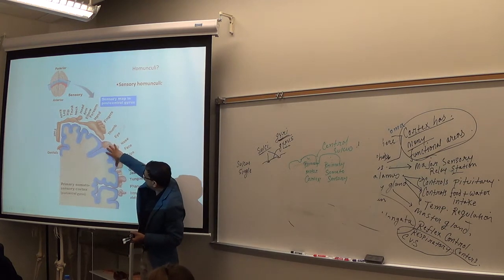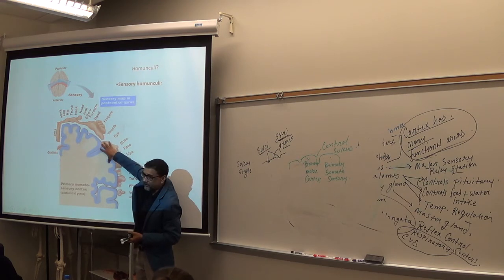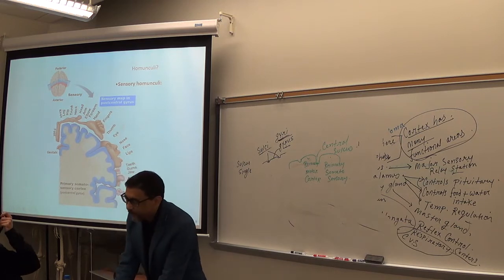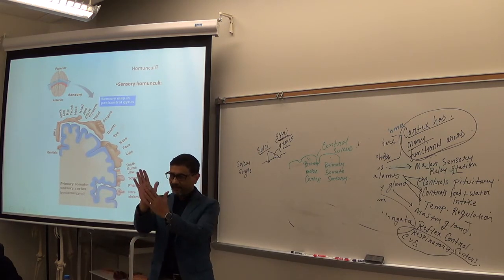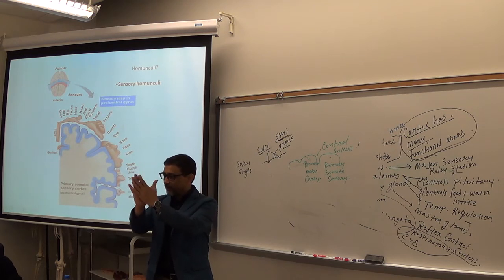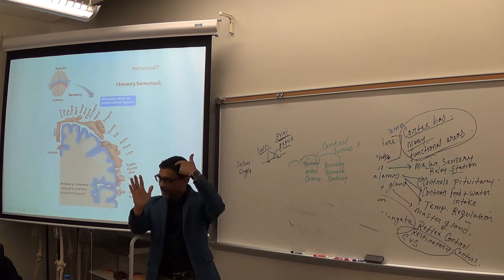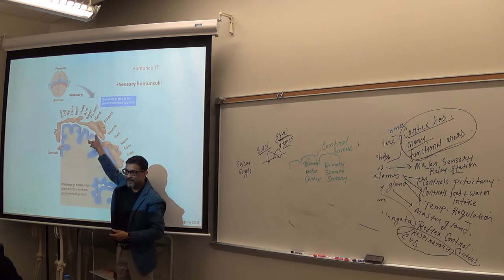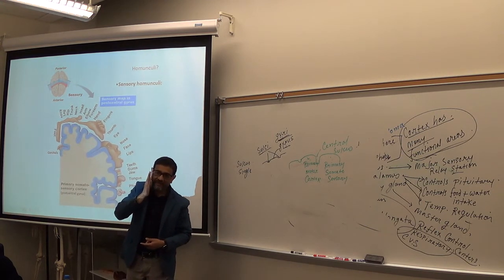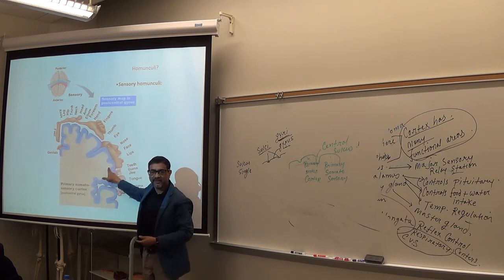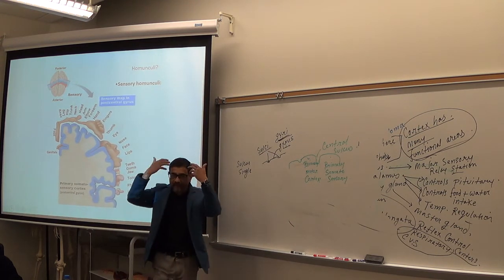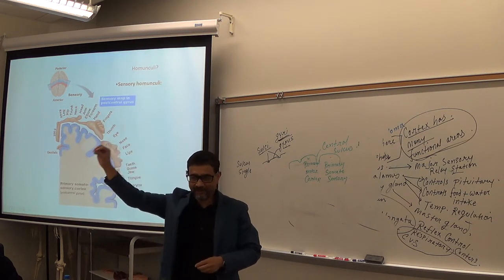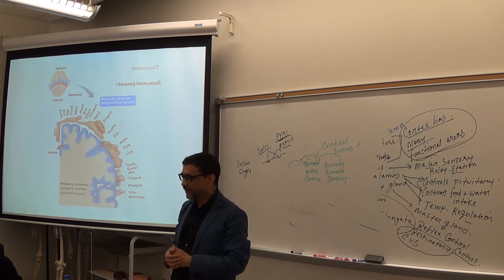What does it mean that face area is here in the somatosensory cortex? Hand area is here. That means what? Very simple. If I touch my hand here, sensory signal will go from here to the somatosensory cortex, right? Which area will receive that signal? This area. Make sense? If I touch the face, signal will go to this area. Make sense? That's why it is called the somatosensory cortex. Sensory signal will go from different parts of the body to that cortex. Is it clear? Okay.